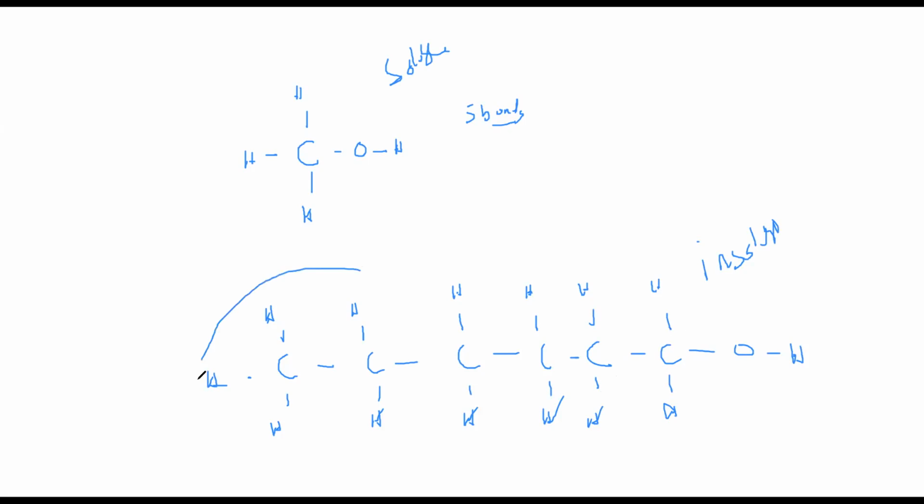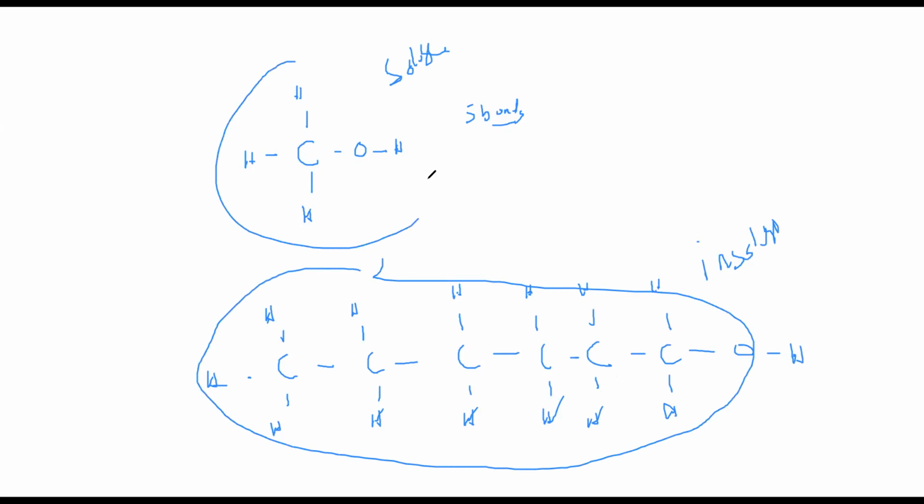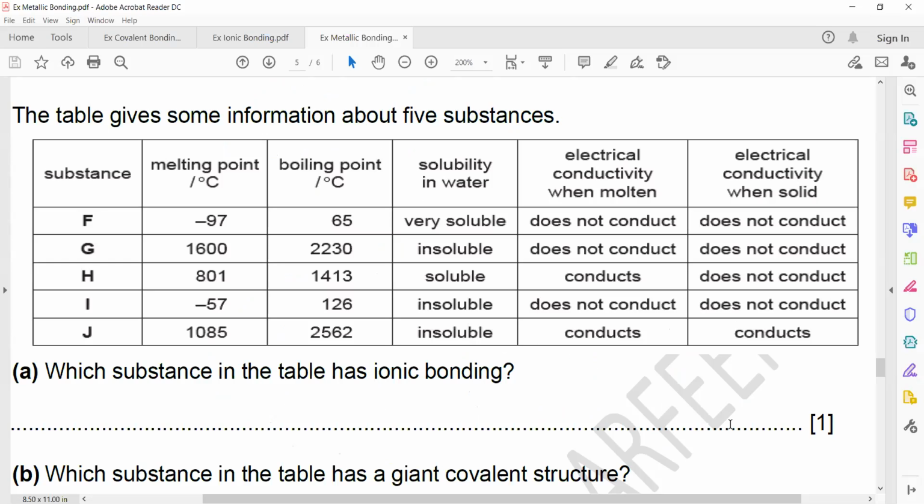Both of them have the sharing of electrons, so both of them are covalent structures. But why can one be soluble and another insoluble? Because of the size of the molecule: if molecules are larger or bigger in size, then the solubility of covalent substances decreases. But for O levels, you're not going into detail of why some are soluble and why some are not. As extra information, you can just understand the concept that for a simple covalent structure, if they have more atoms within the molecule, then the solubility of the substance decreases. So you can see here, F is very soluble.